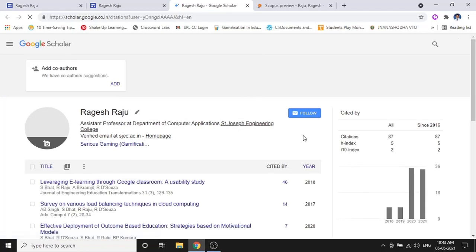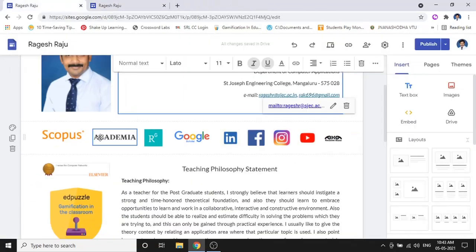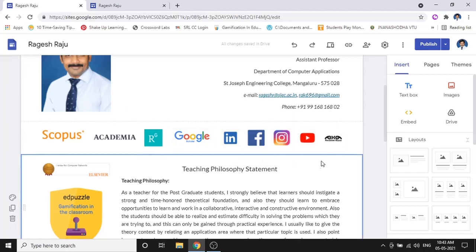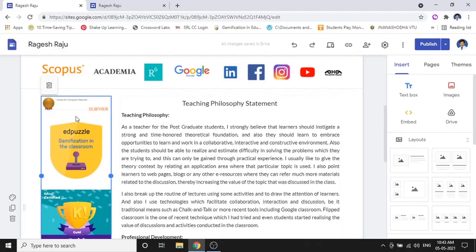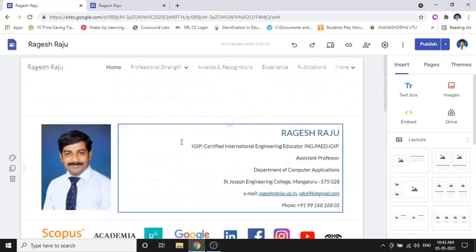If I click, it will take you to the Google Scholar page. So how I have done this is, I have kept the images here in a smaller size, just adjusted the images, and to each of the images I had given a link. So when I click on this, you get a link here. So we have seen how to add a link to an image. Below this I have a text box on the right side, and to the left side I have images placed here. So this is my front page.